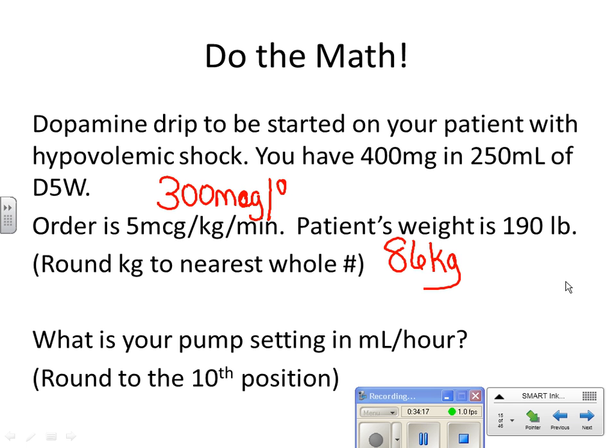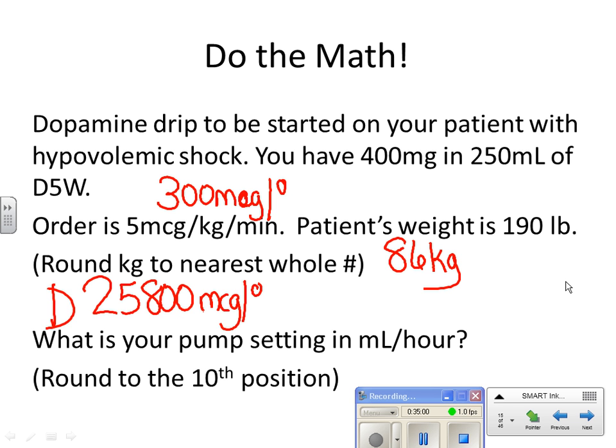But it's micrograms per kilogram per hour. So what is the total amount that we have to give per hour? How many micrograms per hour? We have to multiply kilograms times the micrograms per hour, right? And that gives us 25,800. Everybody get that? Okay, so 25,800 micrograms per hour. So that's our desired, right?